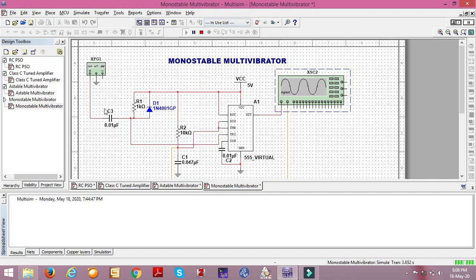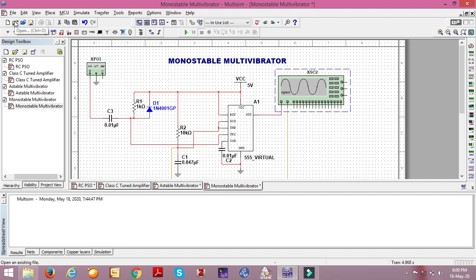This is the wave shaping network actually, used to produce a triggering pulse, because in this function generator there is no TTL input directly available. So the square wave is converted into some triggering input, and that is given to the trigger pin of the 555 timer. Whenever a negative trigger applies onto that particular pin, it will produce a delay of TD seconds. Okay, I'll stop here.